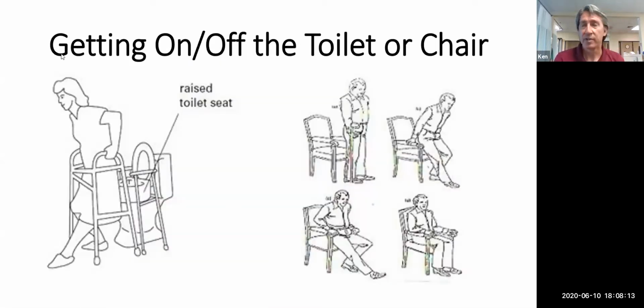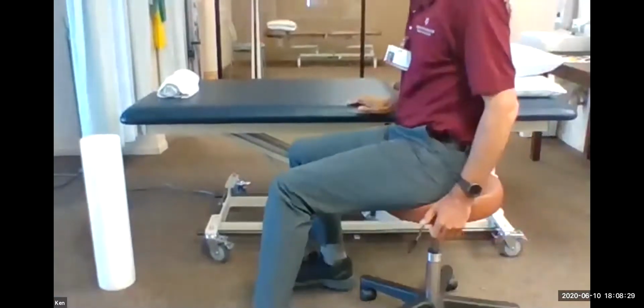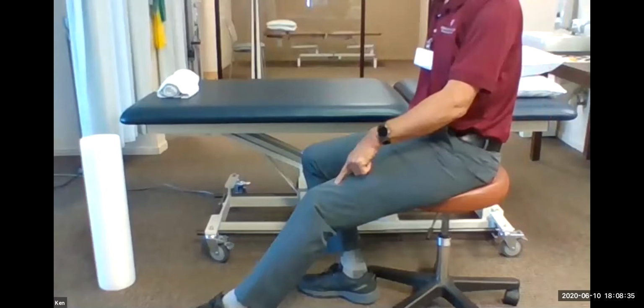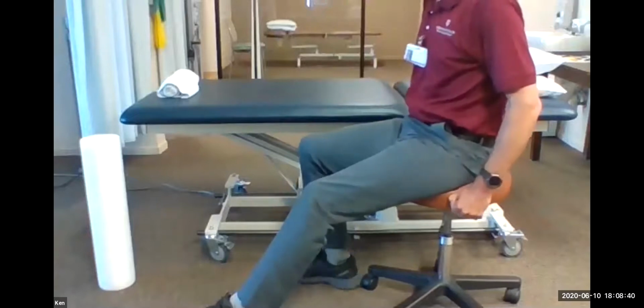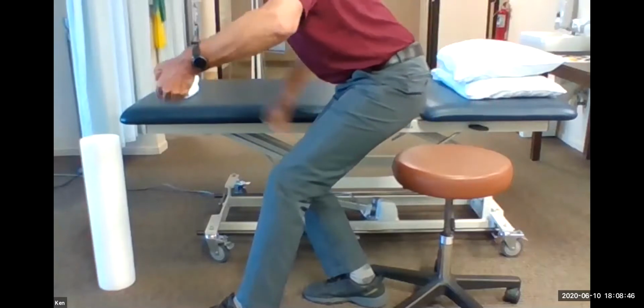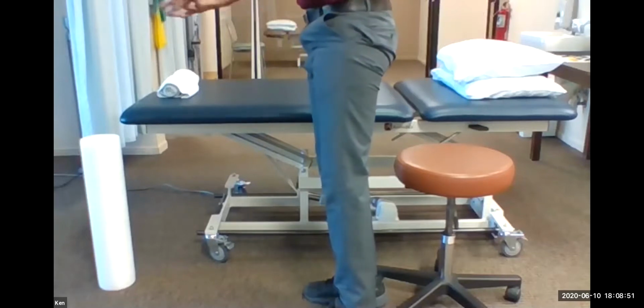So getting on and off the toilet or the chair, you're going to have to make sure, and this is another thing you can take a look at me here, that knee isn't going to want to bend. So when you're getting out of a chair, if this is my operated knee and this is my strong knee, I'm going to have to leave that knee forward because I'm not going to be able to bend it to just stand up. So I'm going to leave this forward, and I'll have my walker out in the front. I use my strong leg and my hands to stand myself up, and then I bring my operated knee back, and then I can start